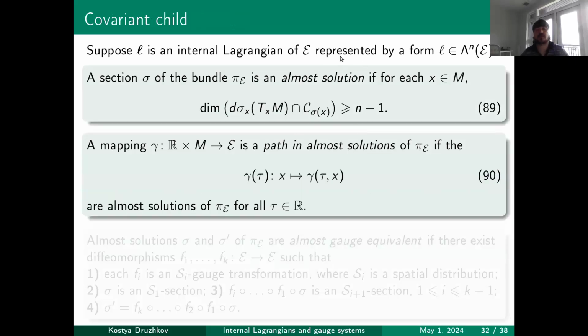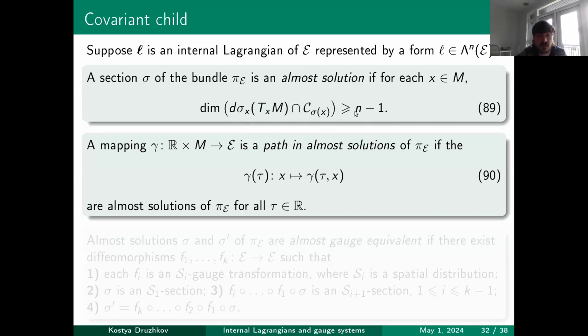Yes, and let's discuss the covariant variational principle that arises here. Suppose that L is an internal Lagrangian of epsilon represented by the differential form L, and a section sigma of the same bundle, our equation bundle, is an almost solution if for each point of our base, inequality 89 holds. Here we have nothing but the dimension of this intersection. We take some point of our base, and we ask sigma to send the corresponding tangent plane to epsilon, and we obtain the tangent plane to epsilon at the corresponding point sigma of x, and we consider the intersection of this tangent plane with the corresponding respective plane, and require that the dimension of this intersection must be at least